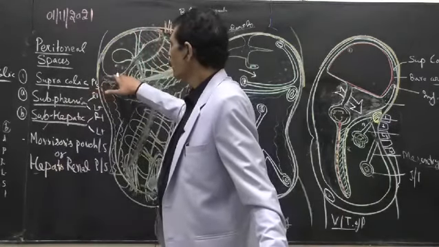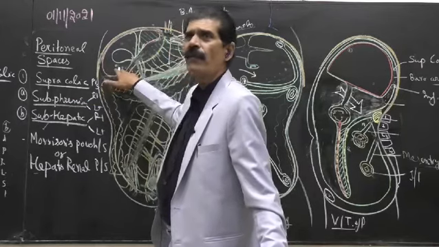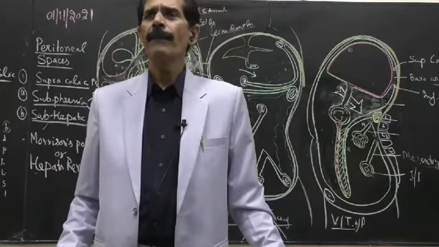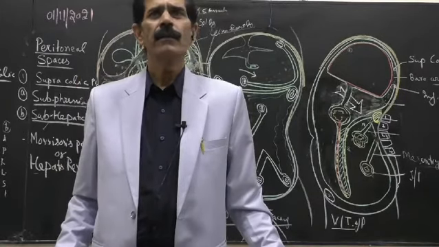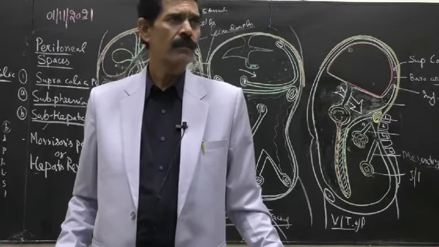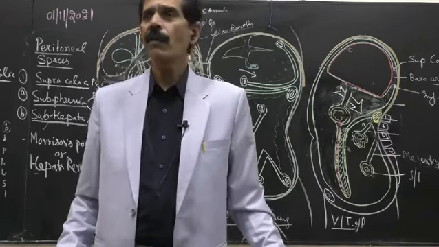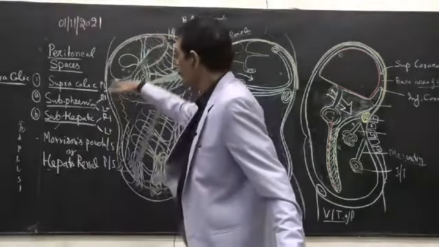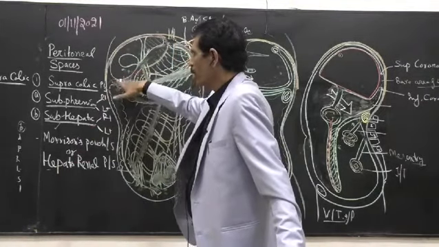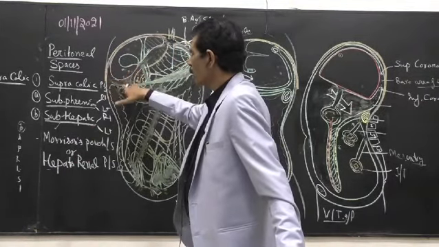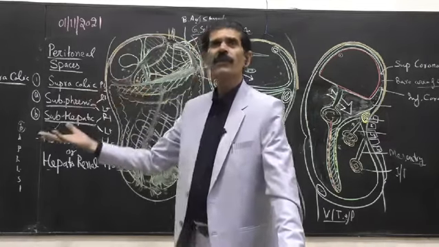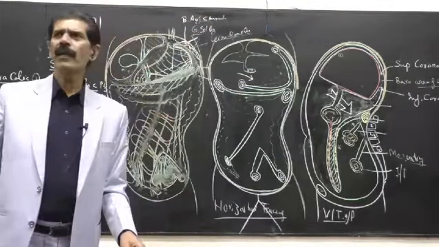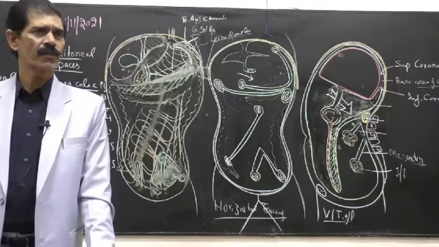Superiorly, what do I mean? The inferior surface of the liver. And which particular lobe of the liver? You have to remember Q for quadrate lobe. The quadrangular shaped lobe of the liver forms the superior boundary. What is the inferior boundary? If I touch the inferior boundary, the finger is touching the transverse mesocolon. So simple. If anybody can draw this diagram, he or she can explain the boundaries of Morison's pouch.